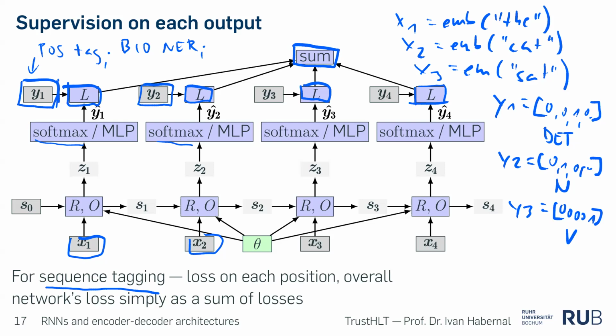Okay, so this is part of speech tagging in detail: how to deal with the output at each position, the yi at each position, where the gold label is coming from, and how to do the loss. So this should give you a hint, if you really want to implement this, still without knowing what RNNs are, of what the output layer implementation could look like, how to plug the gold labels into this architecture to do part of speech tagging. Okay, questions?